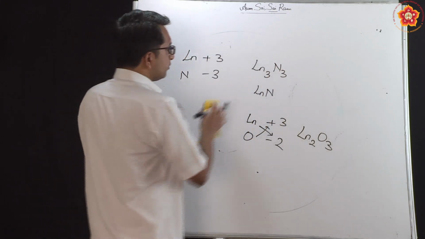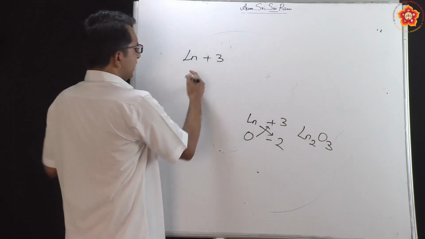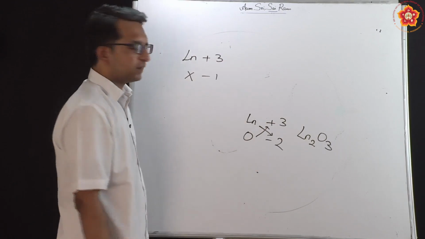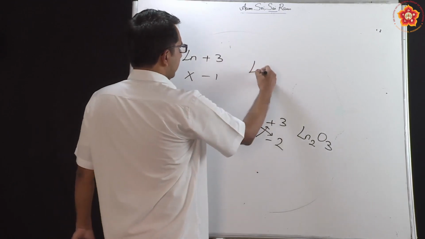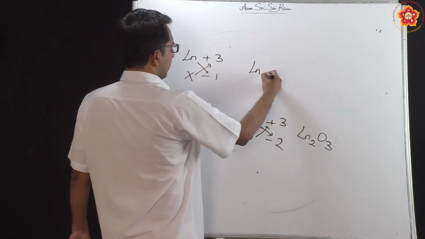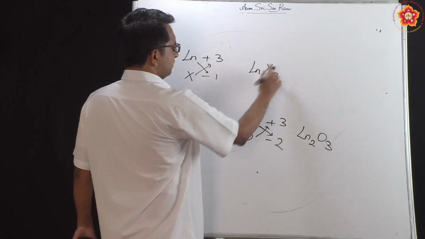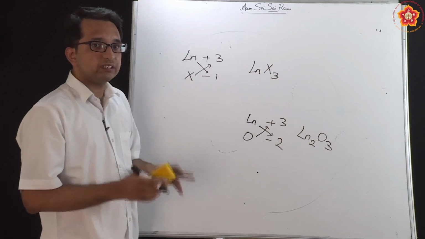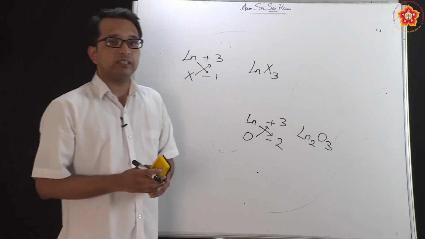Suppose I want to form the halogen part of this, then I can take X to be -1. We know that halogens are represented by X. When I cross this, it will be LnX3. This is how we can represent it. So this is how we can get these compounds, and we see that lanthanides on reaction with acids will give